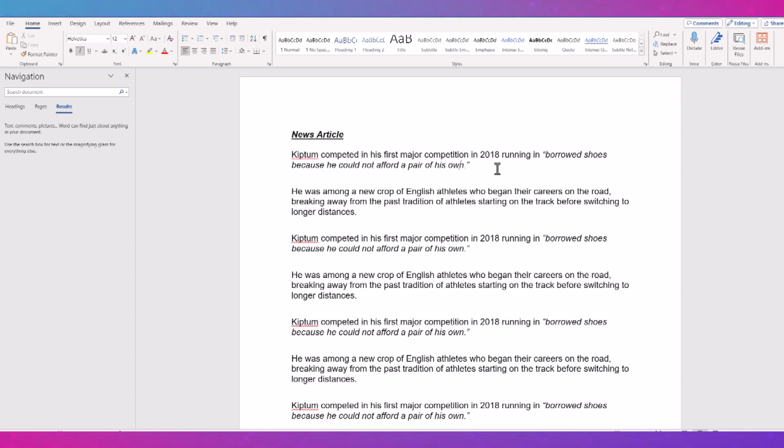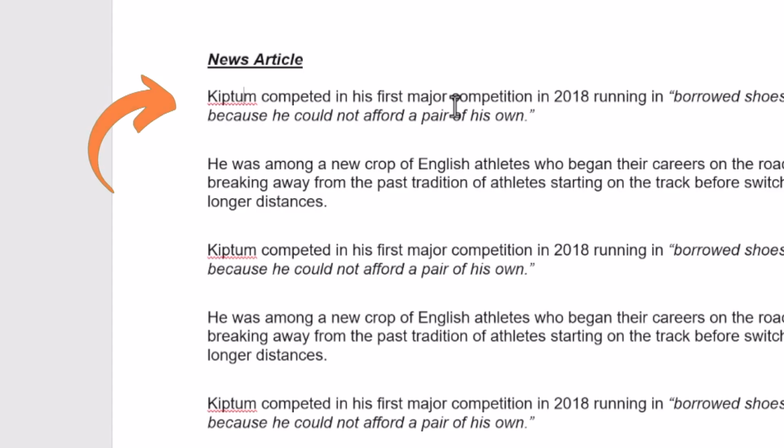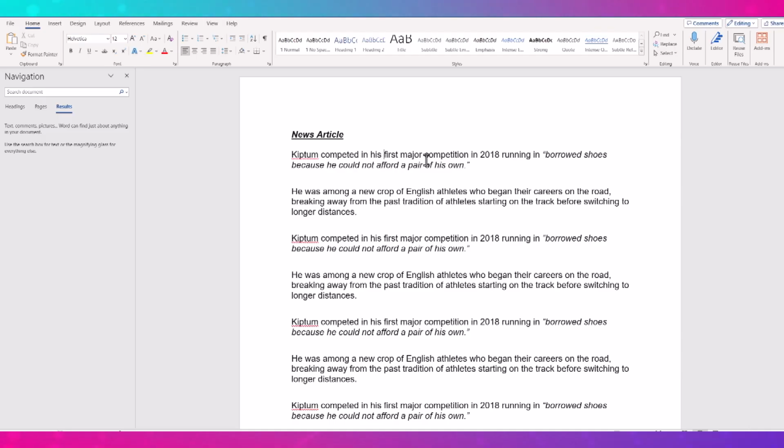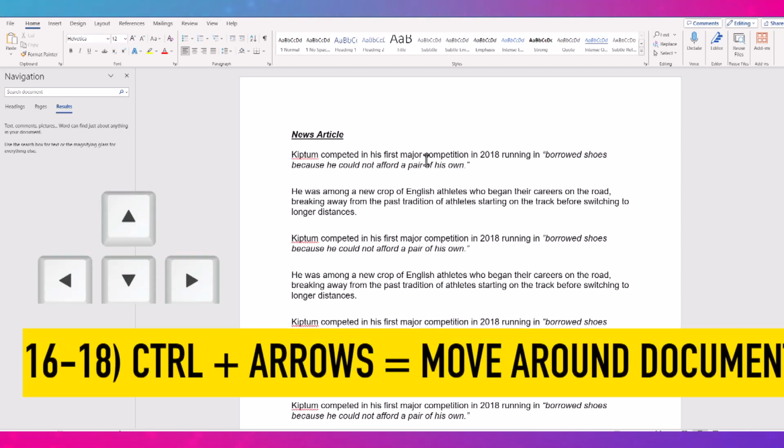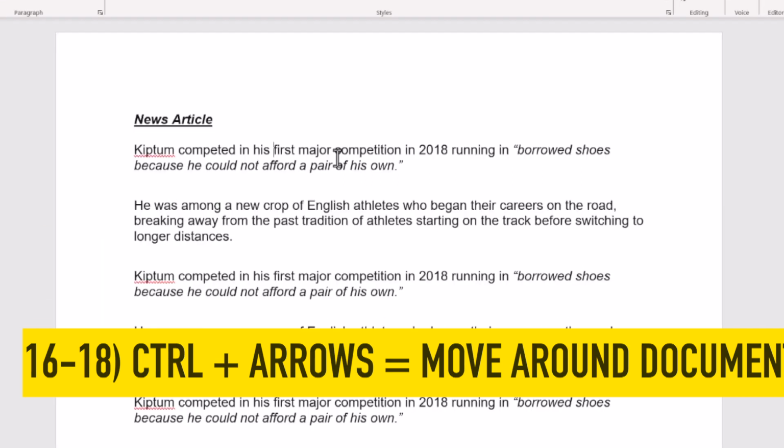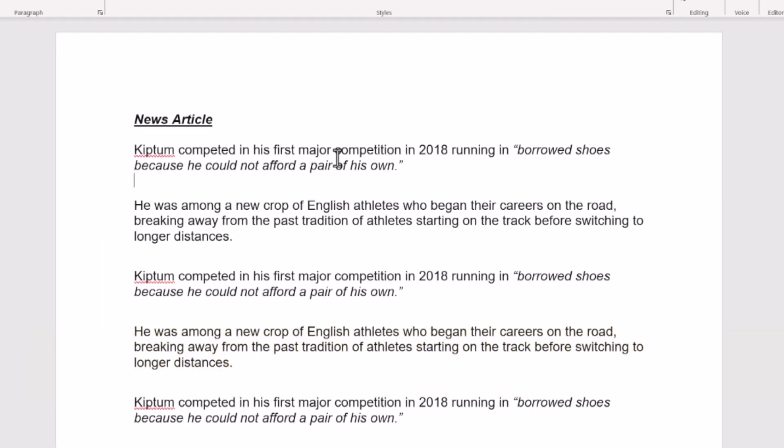With the arrow keys on your keyboard, you can move across one at a time. So if you hit the right and left and up, it'll go down one line. Hit up, it'll go up, and then right and left. To move a word at a time, you'll do Control and the left arrow, or the right arrow, or one down, one up. So if you hit Control down, it'll go down like a sentence